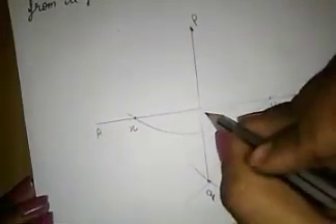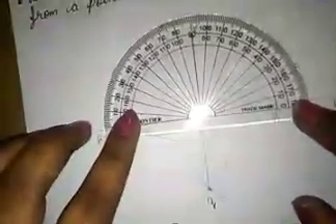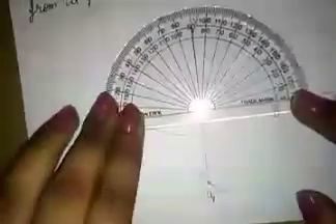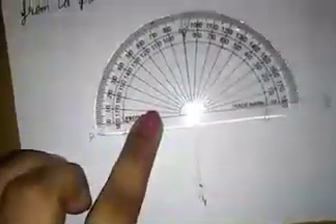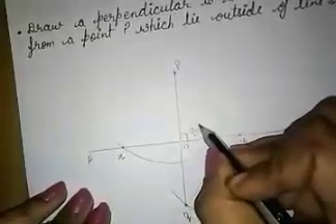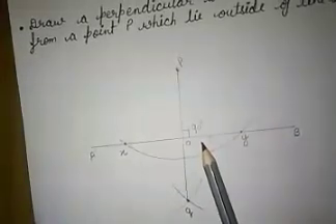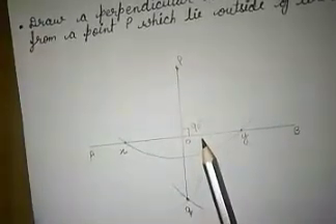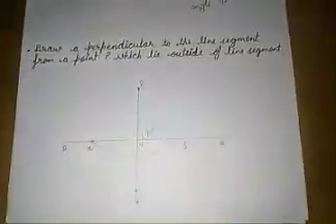As we had done in the previous one, we can check the angle with the help of protractor. See, this is making an angle of 90 degree. So that means PQ is perpendicular to AB. Whenever any line is making an angle of 90 degree with another line segment, that will be called as perpendicular. I hope these two topics are clear to all of you.